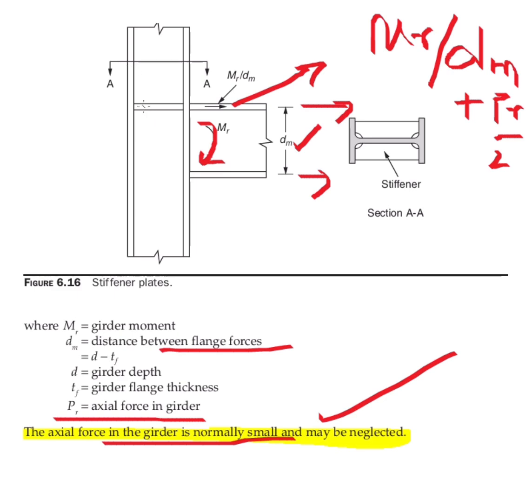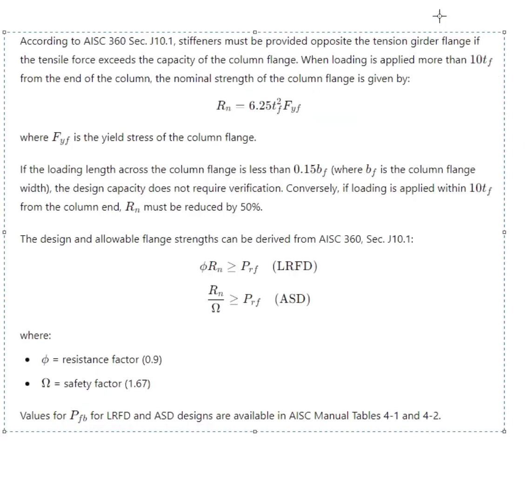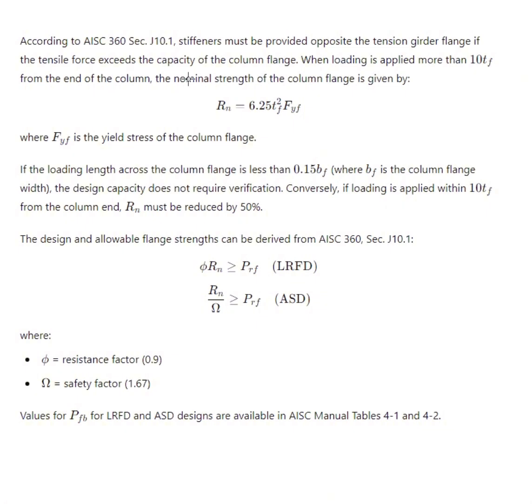Section A, if you see it, this is the stiffener. This is the stiffener here. This is the section A. So this is on the tension side flange. This will cause tension and this will cause compression on this. So here we can see,